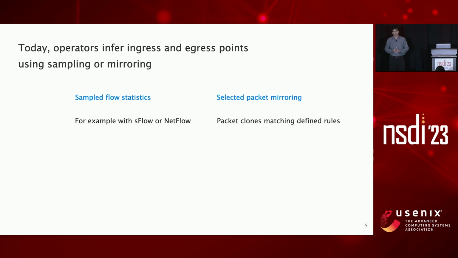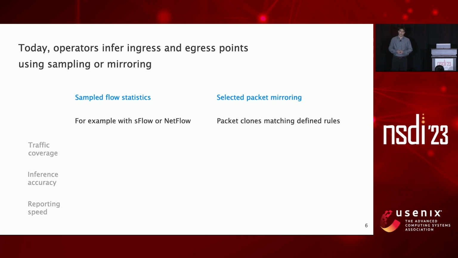We could consider packet sampling, where we get some sampled flow statistics, for example with tools such as sFlow or NetFlow. Or we could have packet mirroring, where we can have very specific traffic mirroring according to some rules that an operator defines. And I would like to show you some key points of these two techniques, looking at three different metrics. First, how much traffic we can cover with them,